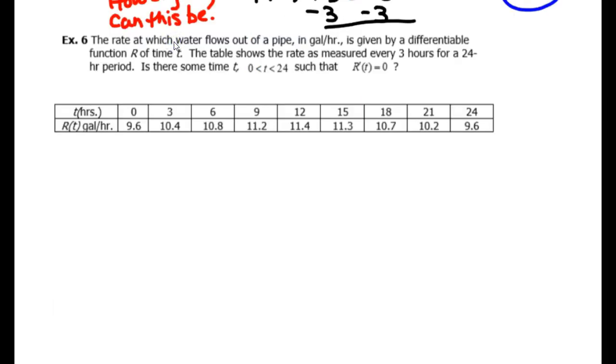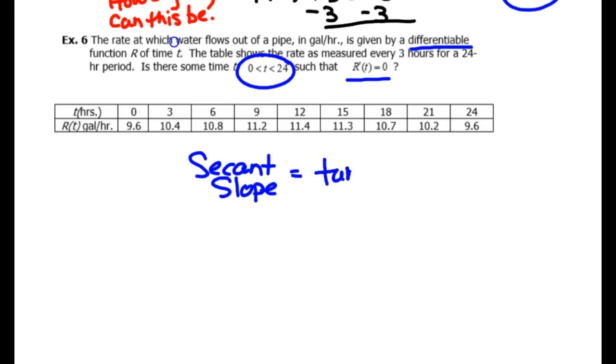The last question we have here is an application question. It says that the rate at which water flows out of a pipe in gallons per hour is given by a differentiable function, r, of time t. The table shows that the rate is measured every 3 hours for a 24-hour period. Is there some time between 0 and 24 where the derivative is equal to 0? Again, this applies the mean value theorem because this function is differentiable and the water continues to flow out, so it is a continuous function. So basically we need to find out, is there any time between 0 and 24 where the derivative is equal to 0? Again, secant slope